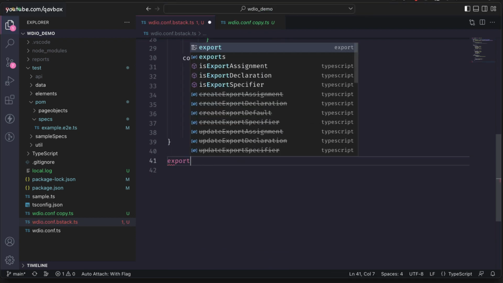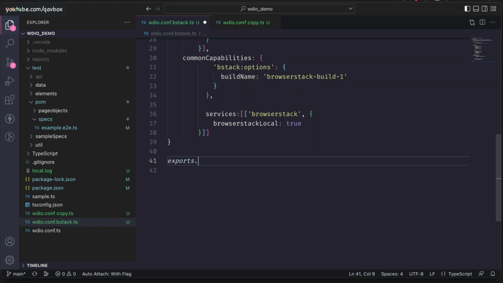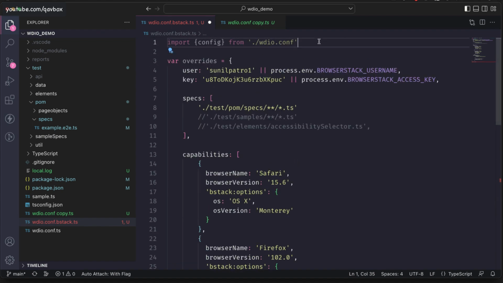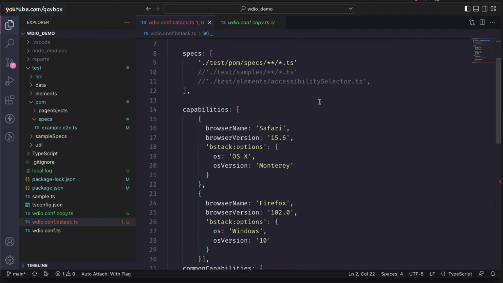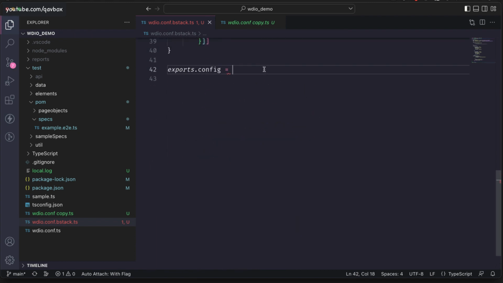So I will write this statement, exports.config. Now what I want to export here, I'll do one thing: lodash. I will be using the lodash library. Now how to use that, you can just keep it here like this, where you give a variable name, and then this is the way you can do that. Now lodash, that's it. And now this underscore, I will be using here underscore dot,